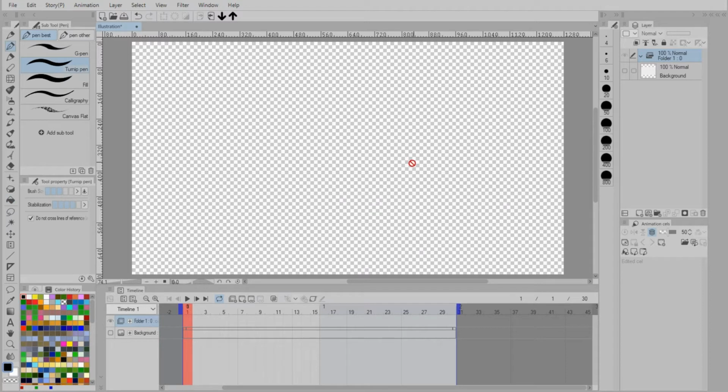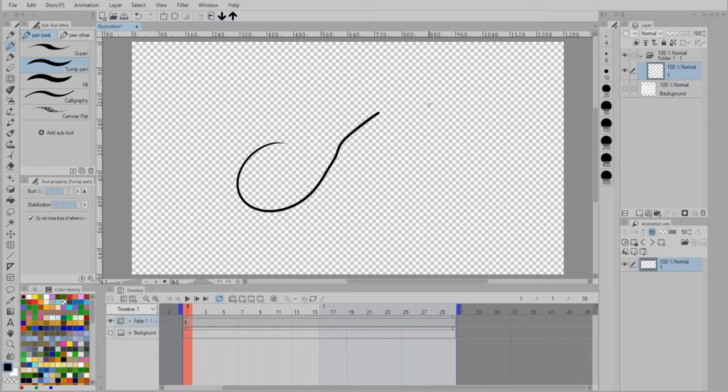So when you're ready to create your first drawing, it might be called a frame in other programs, but it's called a cell here. You want to click on this button to create a new animation cell. Of course, you could do it in the animation menu as well. Notice that it creates a layer underneath this folder, and it has an automatic name associated with it for one. Okay, so I can draw something in that